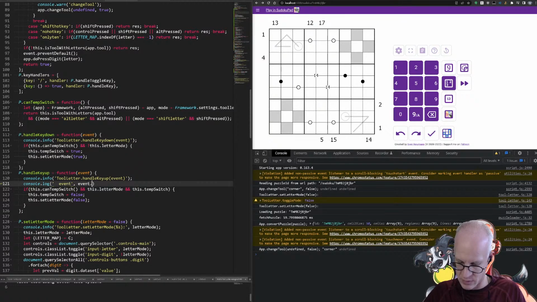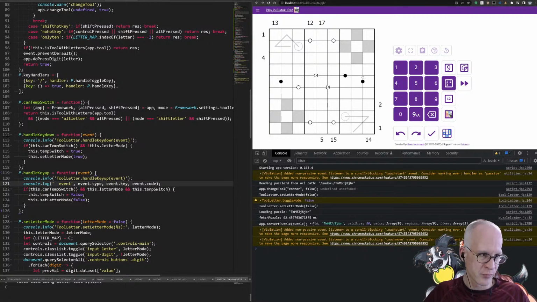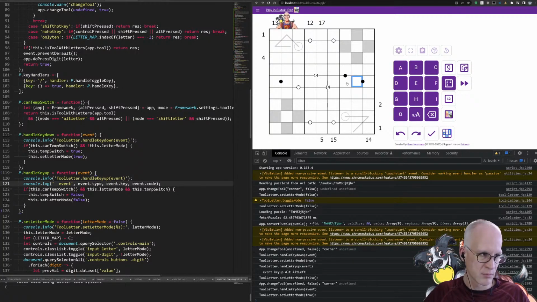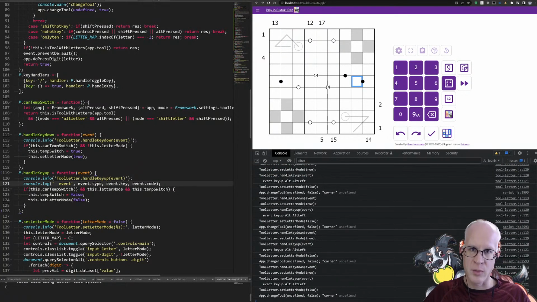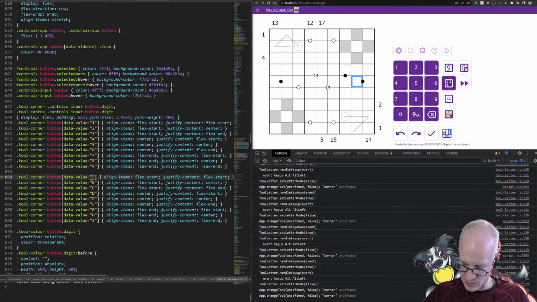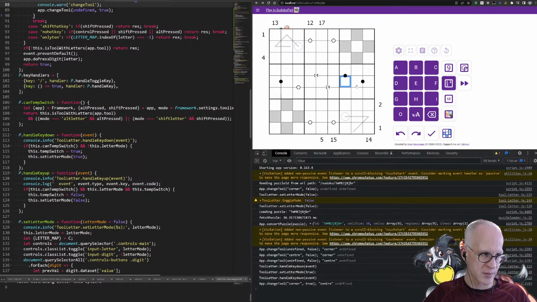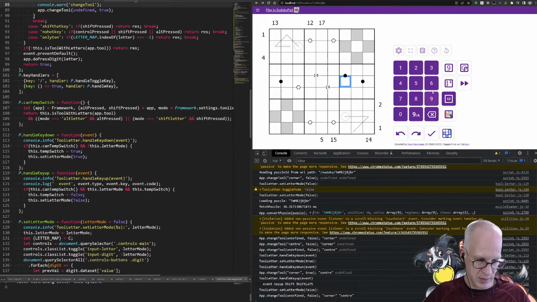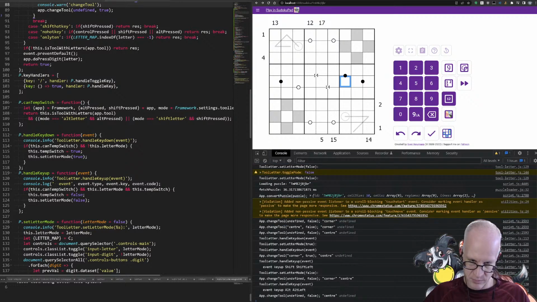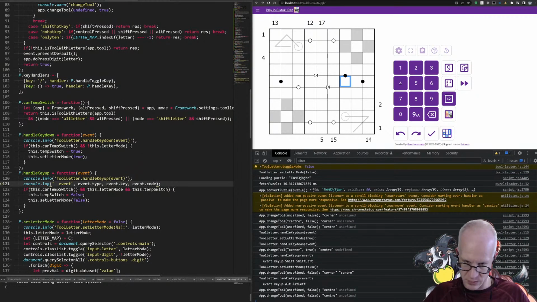So if we do event.type, event.key, event.code. So if I now press Alt, why is that positioning wrong now? Oh, because I removed the A here. All right. So the idea is I'm here, I'm pressing Alt, and I'm pressing Shift, and I'm releasing Shift, and it's leaving our letter mode. And the last time we had key up, Shift, Shift left. But we also want to see